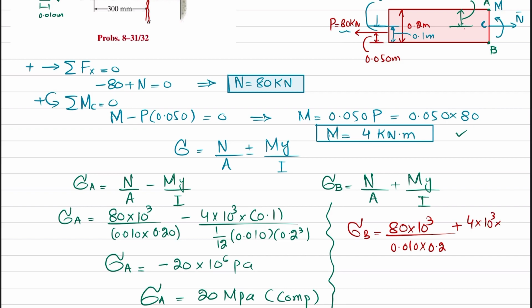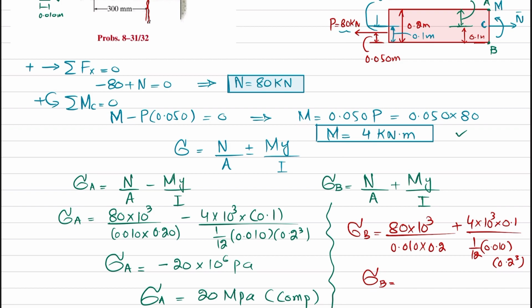And now you can see B, Y is distance from neutral axis till point B, which is again 0.1 meter. 0.1 divided by same I, which is 1 over 12, B, which is 0.010, and H, which is 0.2 cube. So when you solve this, you will get sigma B comes out to be